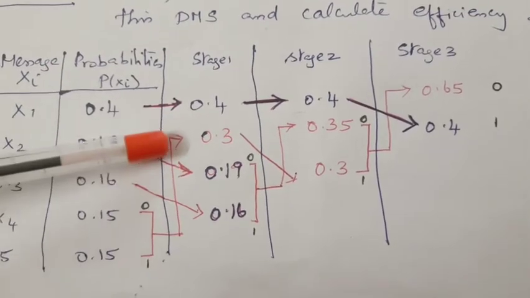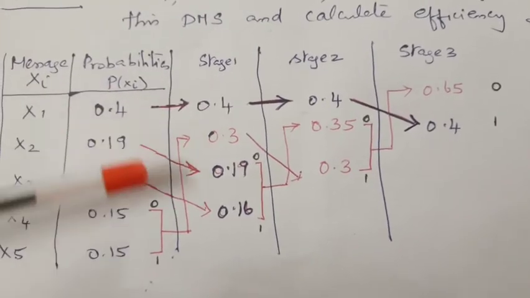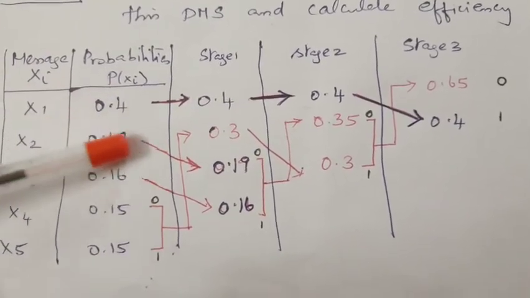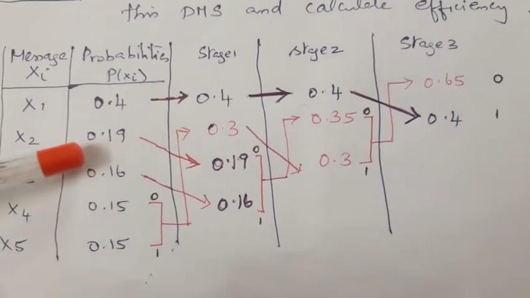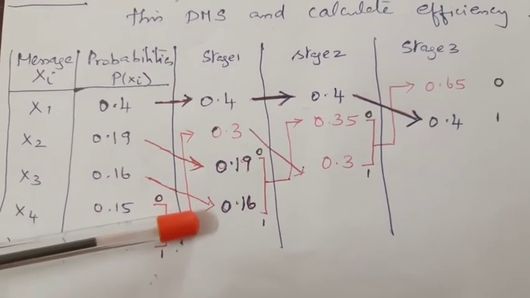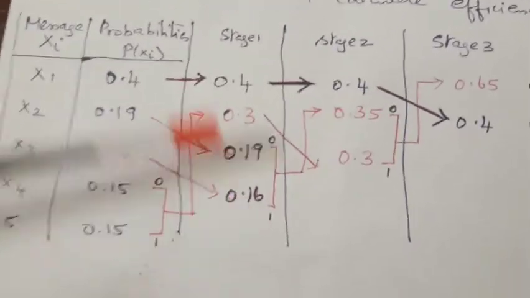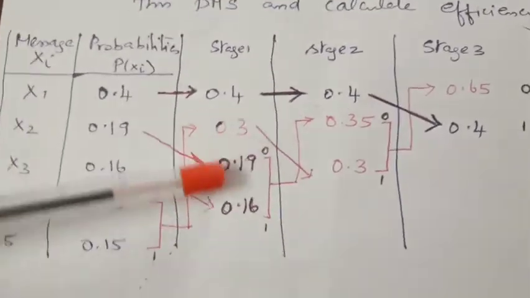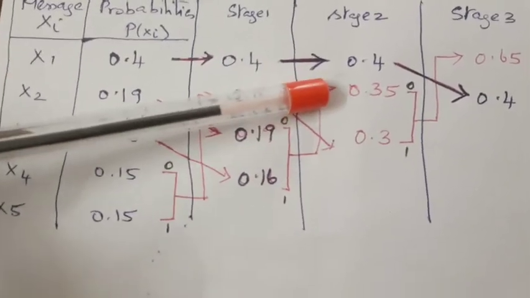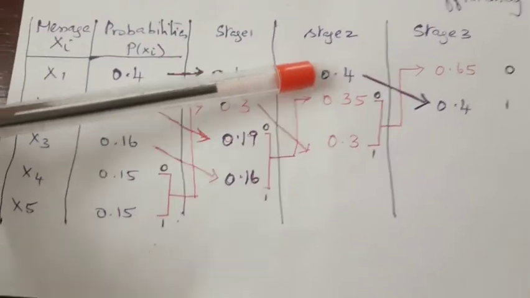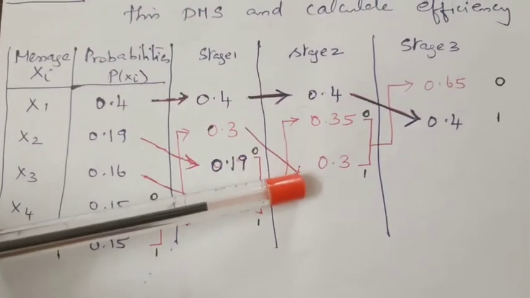The red line denotes the ordering. Since 0.4 is higher, it goes 0.4, 0.3, and you are rearranging your values in a decreasing format, so 0.19, 0.16. So we move on with this procedure. Again repeat the procedure. The lower two probabilities are 0.19 and 0.16. Add the two probabilities, your value will be 0.35. So it is definitely higher in your step. So 0.4 will be as it is, 0.35 the new value, rearranged, and 0.3 will go down.